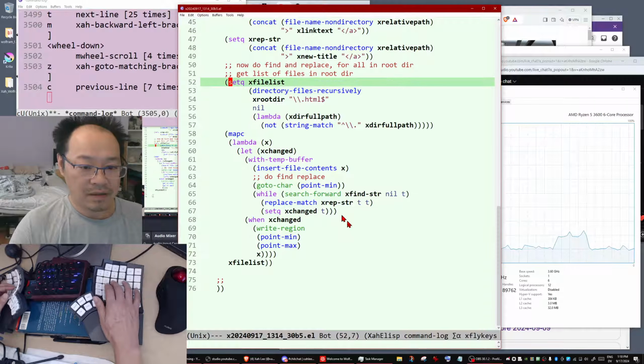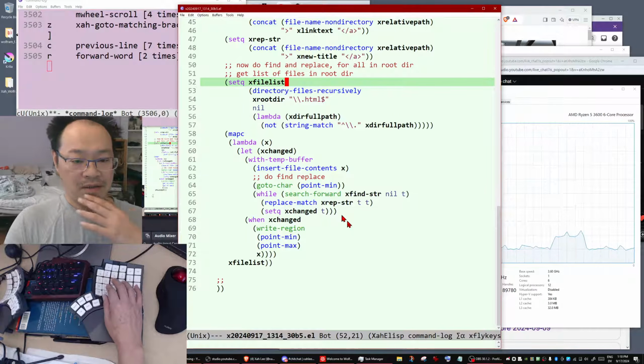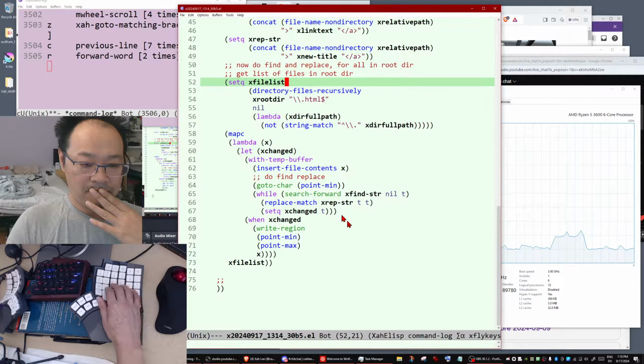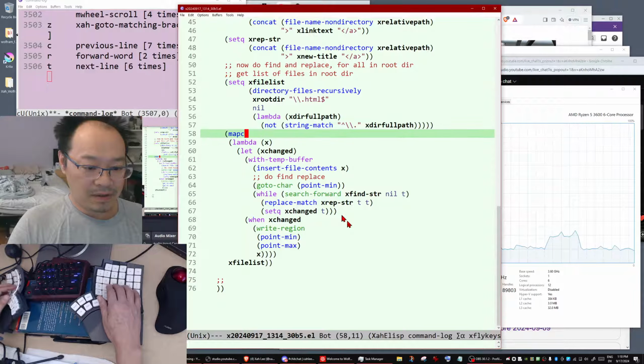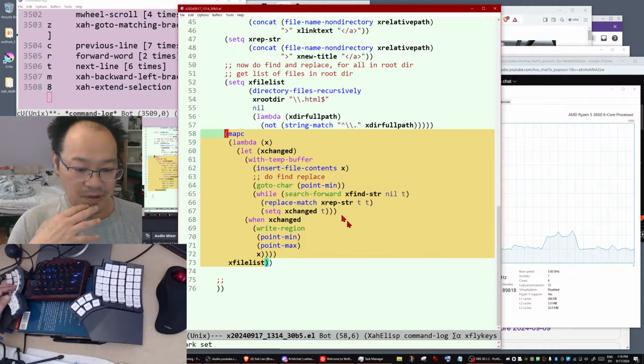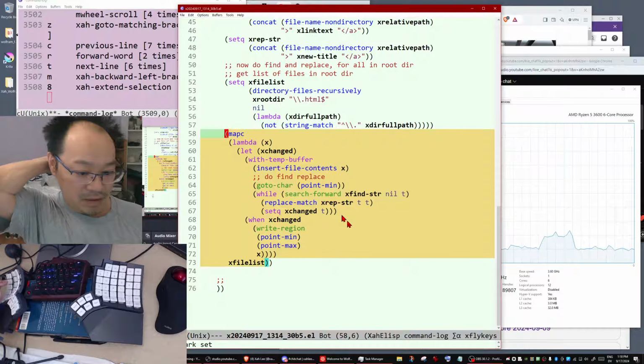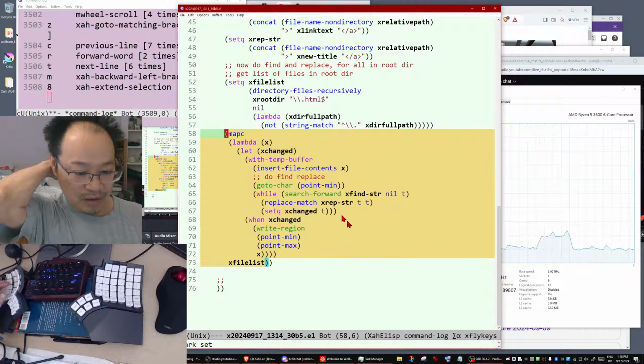File list. Is the file list correct? I think so. But this part is very questionable. I mean, this part is the heart of the code and dangerous.